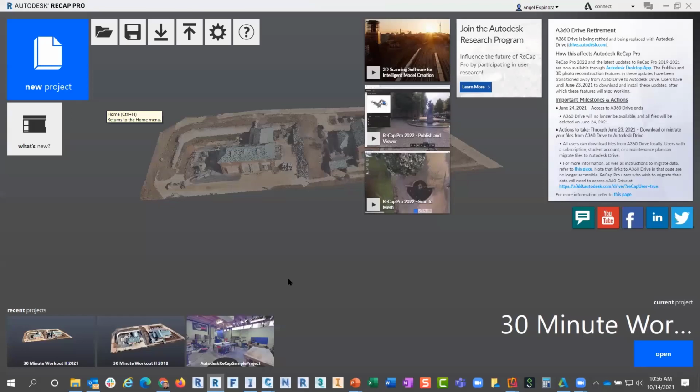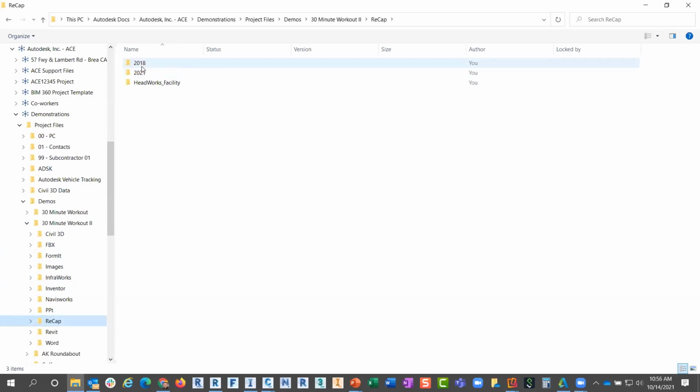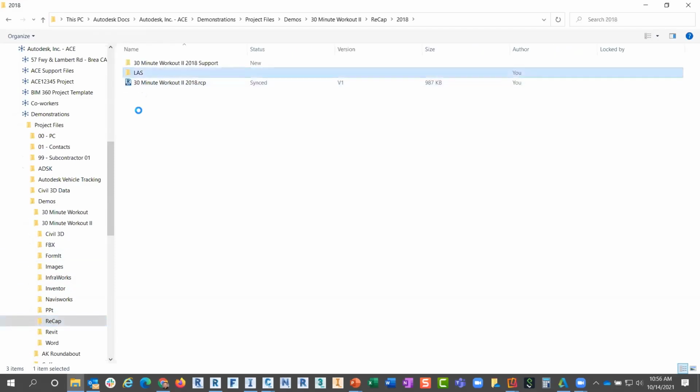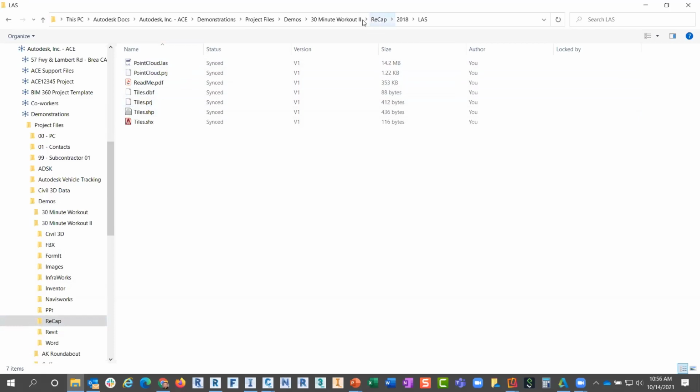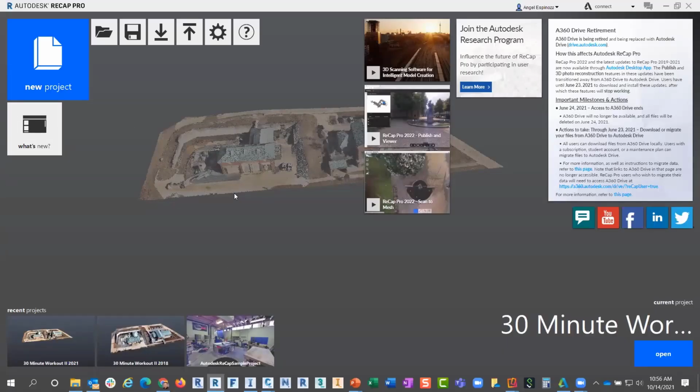Now, ReCap, a couple of different things happen when we store all of the files that are convenient. Let's say all of the LAS files. So I'm coming over here. Here's my project for today, and I can see ReCap, and then I can see that I have various subfolders here, and then some LAS files. Here's one set of LAS files, and so forth. As long as all of that data is already in this environment, in my cloud environment, when I create a ReCap project, right, all of that project and all of the subfolders are in the cloud,